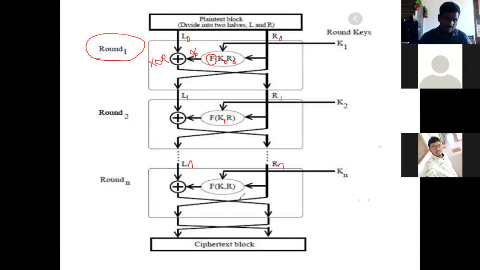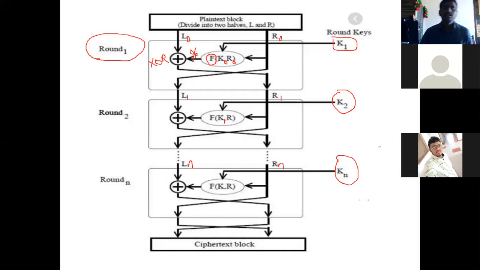So the plain text is converted into ciphertext, and here you can see all these keys k1, k2, k3 up to so on kn. These are unique. In each round we use different keys, so we can call them sub keys. So here these sub keys are generated. By using the sub keys, the operations will be performed. At last, we'll get the ciphertext. Here you can observe, after performing all of these rounds, we will get the final ciphertext.